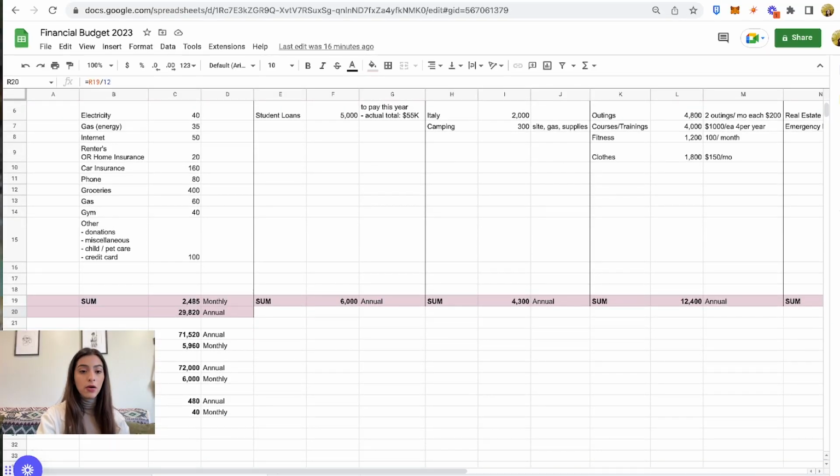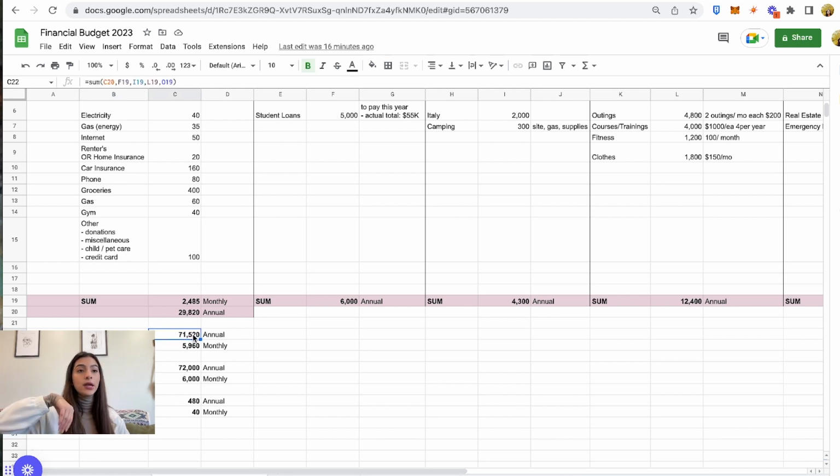Again, this is going to look different for different individuals depending on what your life looks like, what you invest into, what you spend on. But I just wanted you to have a general blueprint, very simple for you to crunch in some numbers. Now let's scroll down, and down here for expenses total, what I did in this box here is I just added all of the annual amounts